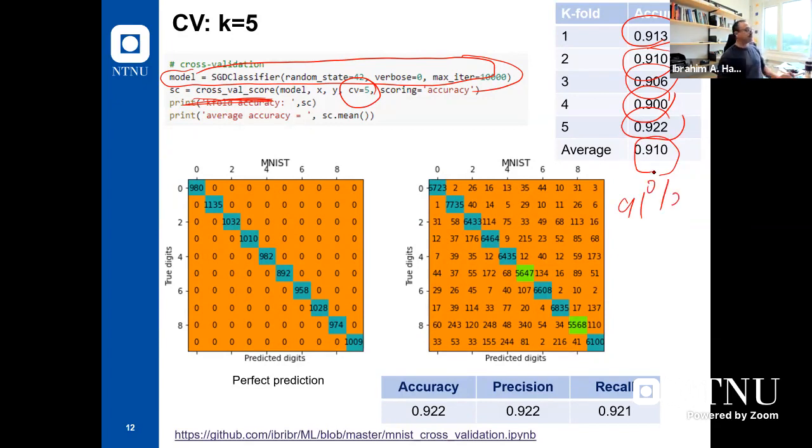So in fact, we use cross validation to check the performance of the model. We didn't train the final model. I mean, for each k fold, for each k, we start with a brand new model. We initialize it with random values, and we train the model. We check the accuracy, and we go to the next k fold, train it for k minus 1, and test for k equal 2. Right? We will repeat this process 5 times. So for each model, we will get some accuracy, and at the end, the average accuracy will be the average